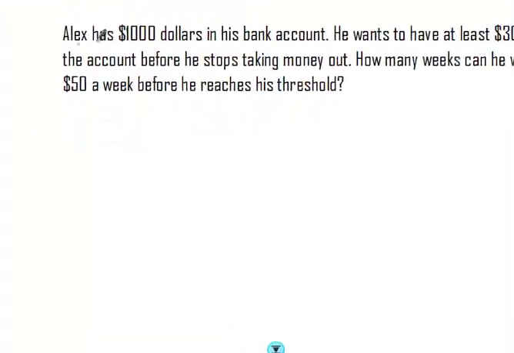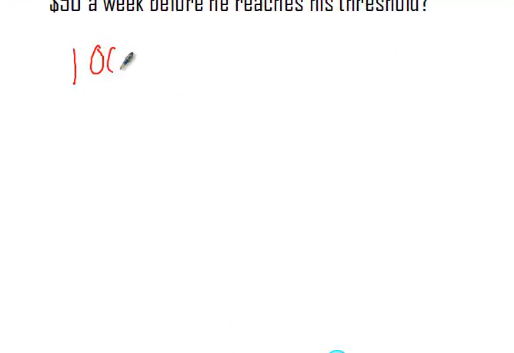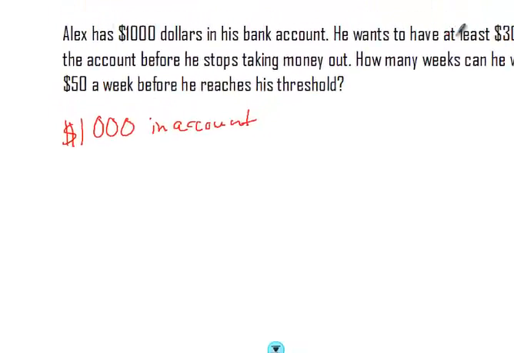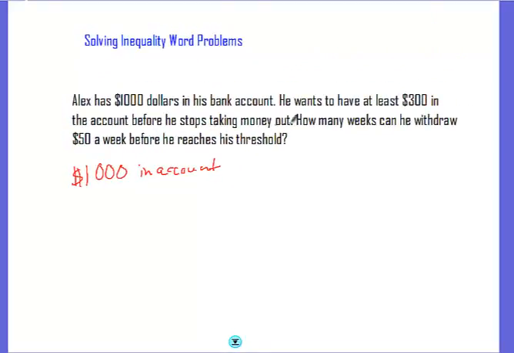So it says that Alex has $1,000 in his bank account. $1,000 in the account. He wants to have at least $300 in the account before he stops taking money out. How many weeks can he withdraw $50 before he reaches his threshold? So I want to have $300